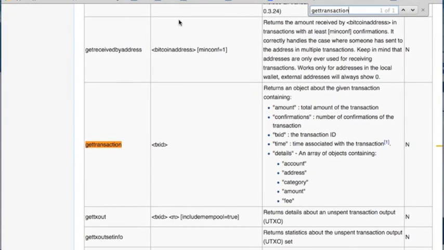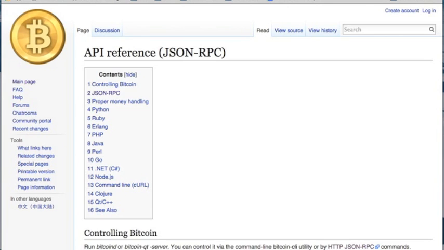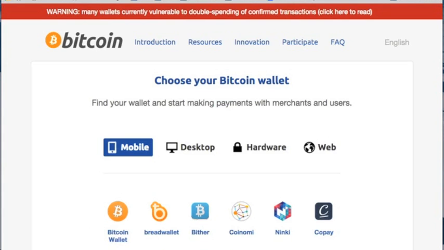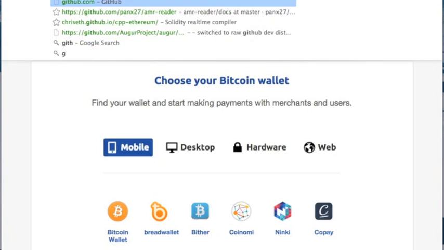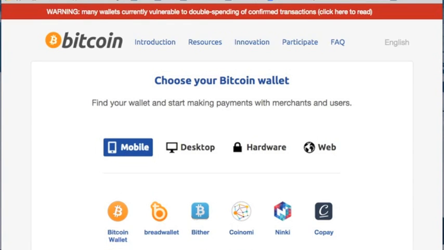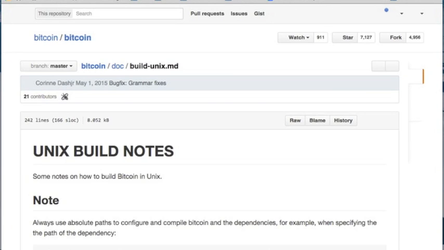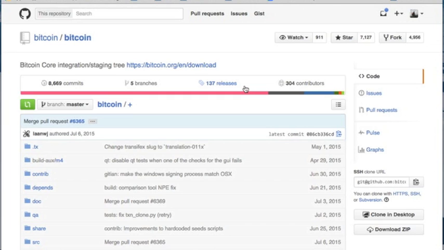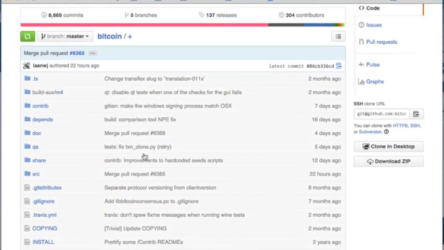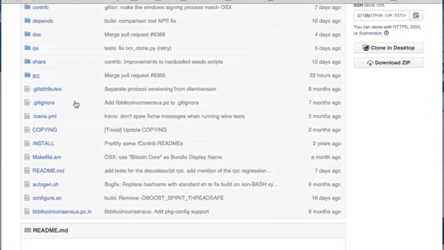I have previously shown you that the code of Bitcoin is on GitHub. So we can go to GitHub Bitcoin. This is the main code, and you can clone or download it, and all the source. If we look at the code,